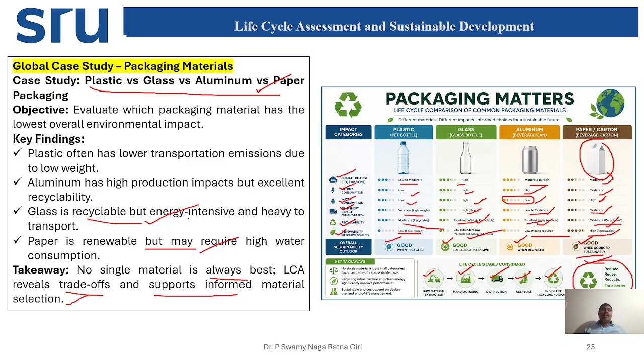So we can evaluate clearly which type of mineral will have a high amount of environmental impact and also give a low amount of energy emissions. So you try to understand this concept in a proper way, then you implement this and improve this LCA in getting the inventory data analysis. Then you go for which type of metal will go for reduce, reuse and recycle. That is the best way to conclude how LCAs will be helpful for this